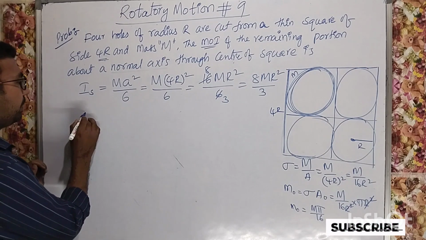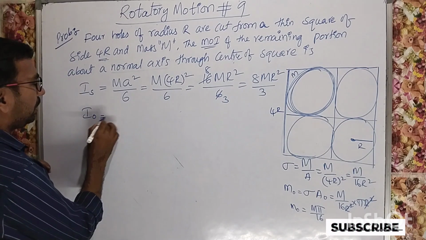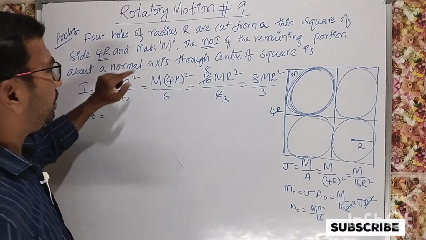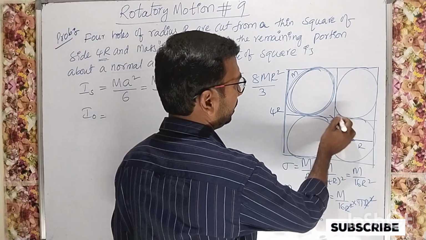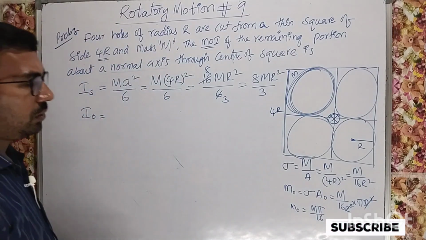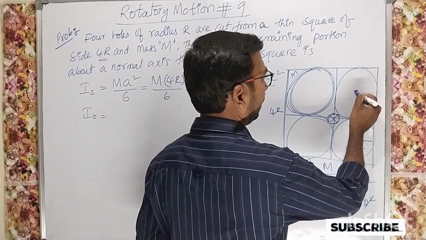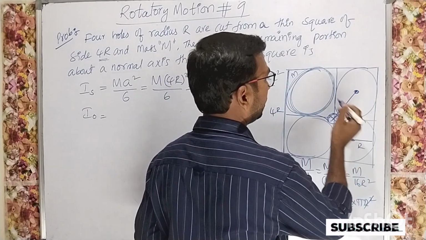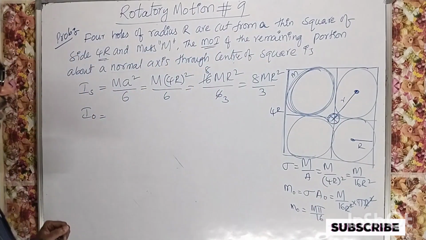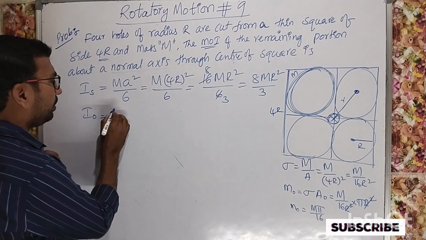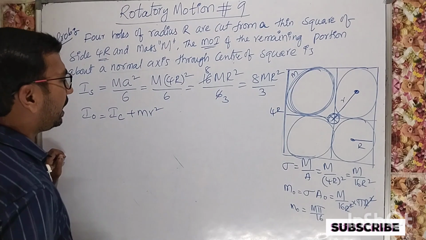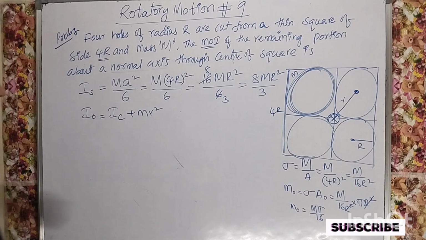So now you can find the moment of inertia of a hole. Here the axis passes normal through the center, so about this axis you can find it. First the moment of inertia of a hole is equal to the moment of inertia about its own center, and the distance from the axis to the hole center I will consider as small r. So what is the formula? Moment of inertia about the center plus m r square. This is the parallel axis theorem, m naught.